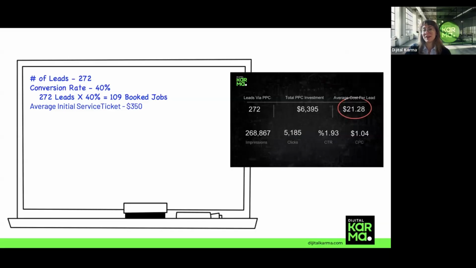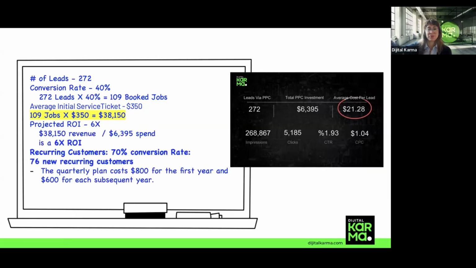That means 109 booked jobs. The average initial service ticket for this customer is 350 in their location, which is a moderate one. So 109 jobs multiplied by $350 is $38,000. This is only the initial service ticket. So the projected return on investment for the initial service ticket is 6 times what they invest.